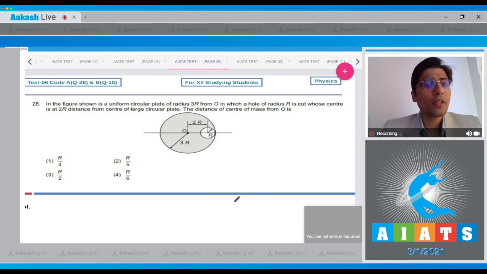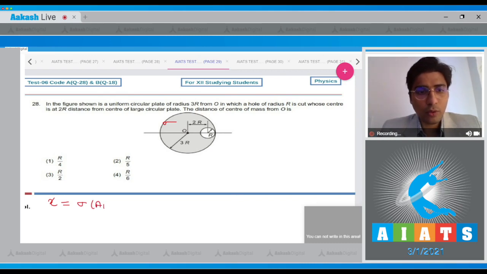Now let us move to question number 28. In question 28, the figure shown is a uniform circular plate of radius 3r in which a hole of radius r is cut whose center is at 2r distance from the center of the circular plate. The distance of the center of mass from OA is something that we have to calculate. Dear student, let the density of this plate be sigma. So the net center of mass x can be written as